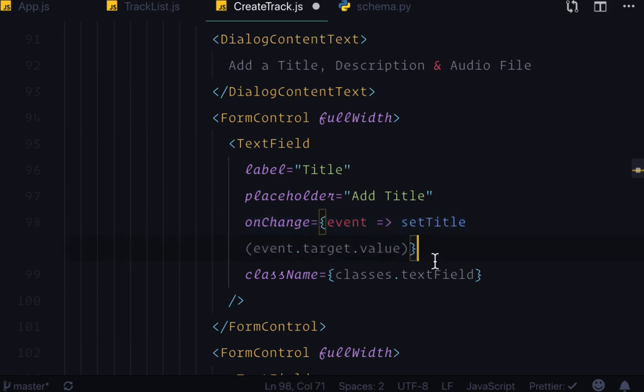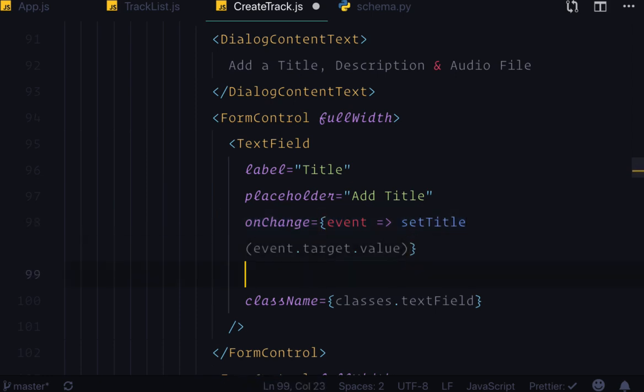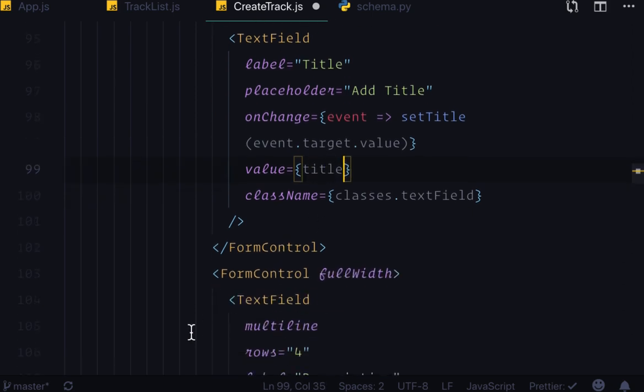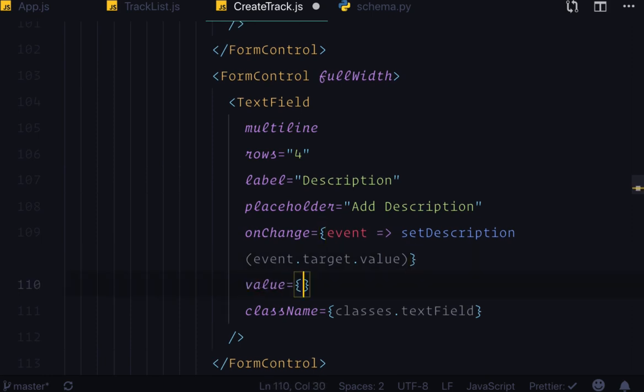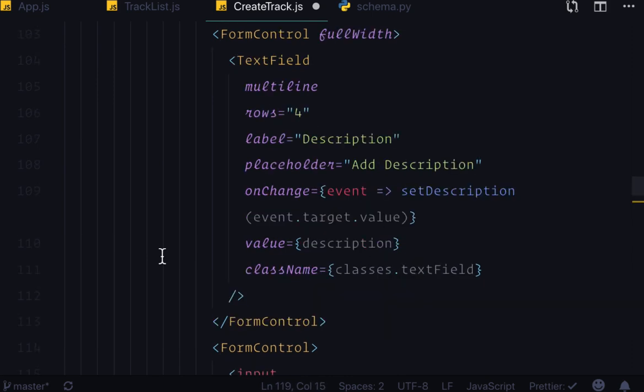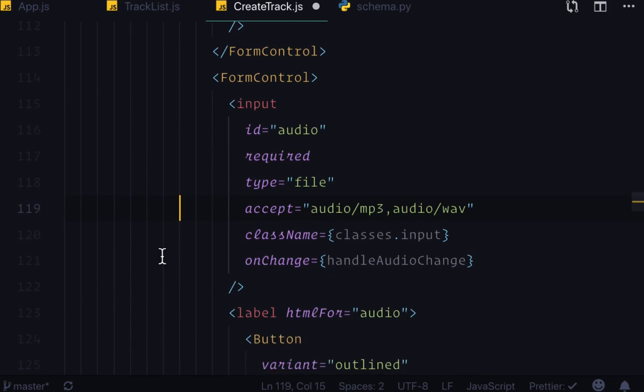So to accomplish this, for each of our text fields, we need to add the value prop and set it to the state value that it corresponds to. So for the title text field, its value prop should be set to the title value in state. For the description text field, its value is going to be determined by the current value of description in state. And finally, note that file inputs are always uncontrolled inputs because their value can only be set by a user